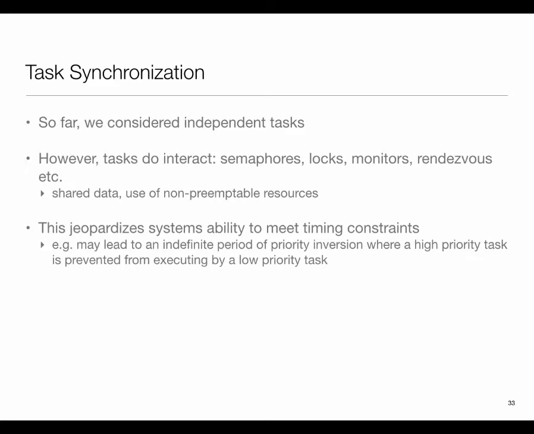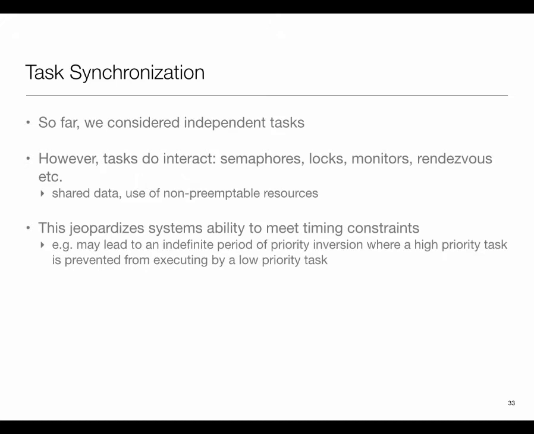So firstly, this situation is called priority inversion, where some low priority task has something that a high priority task needs, and the high priority task is unable to run. This notion where a high priority task is unable to run is what we call priority inversion. And you can construct scenarios where this high priority task may wait forever or for a long, long time. So even though it's high priority, it may have an insanely long response time. This is where things start coming into problem.